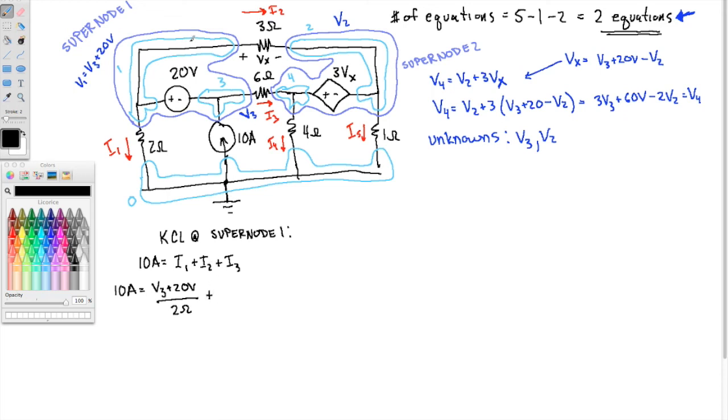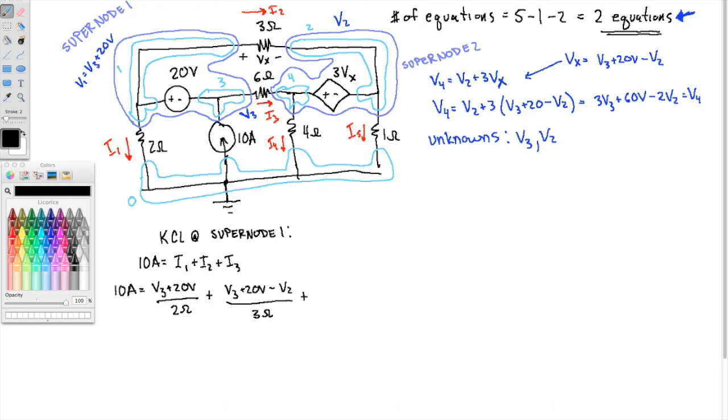I2 is the voltage at V1 minus voltage V2. But again, V1 is not an unknown. We're going to write V3 plus 20 minus V2. V2 is okay because that's what we settled on as the unknown. Divided by 3 ohms, plus